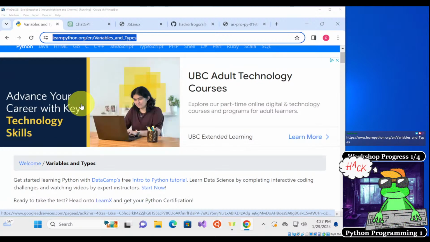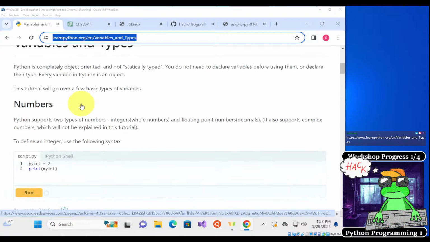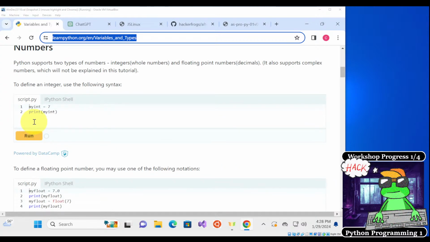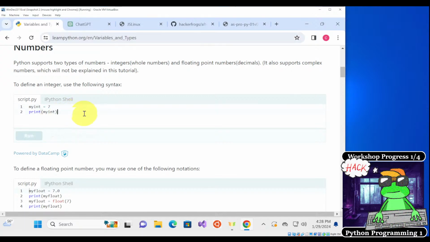Okay, so let's learn a little bit about variables and types. First we learn about numbers. Everybody, feel free to follow along as we're working through these examples over here. We see that integers, also known as ints, can be printed out, and we don't need quotes in order to print these out because they're numbers as opposed to strings. If we were to run this, it's going to give us a 7. That's expected, because the variable myInt is equal to 7.